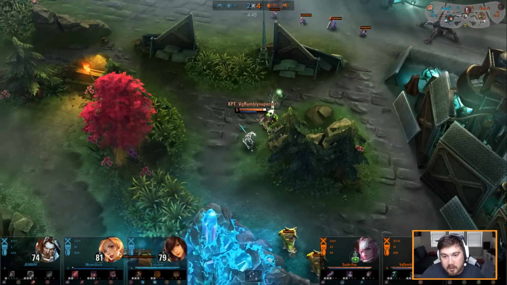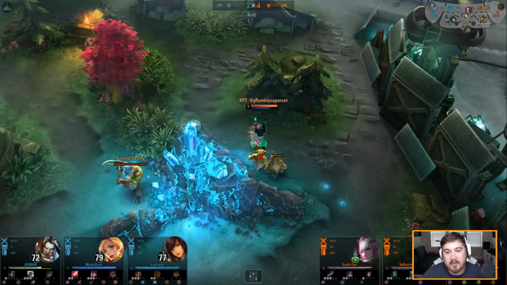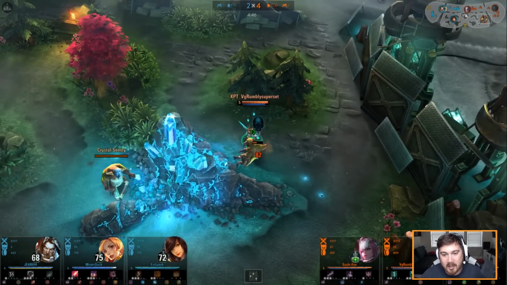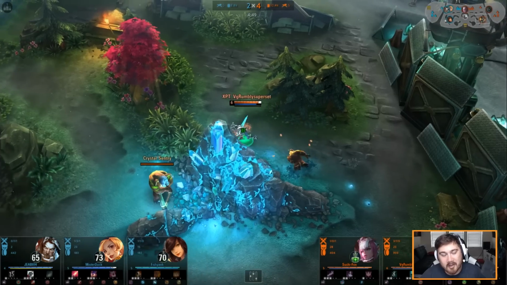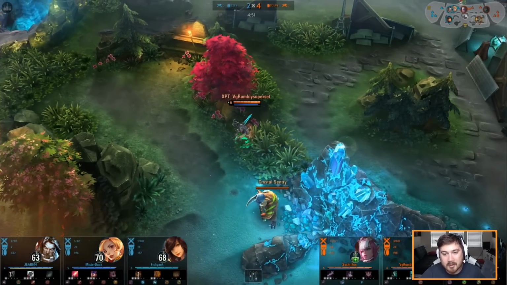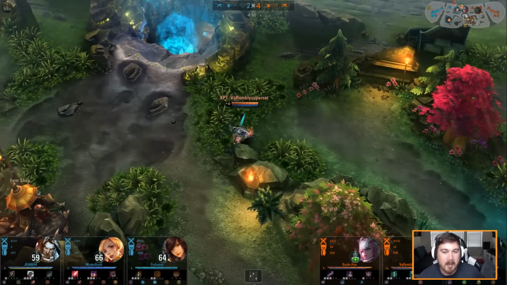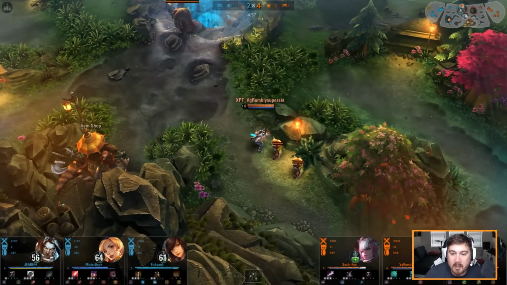So the reason why I go tension bow first is, again, I want that burstiness. I want to apply as much damage as possible, and later on it does actually help quite a bit because it gives you that armor piercing too. So it's not a half bad item mid game. Late game, it's not that great. You might want to go into like